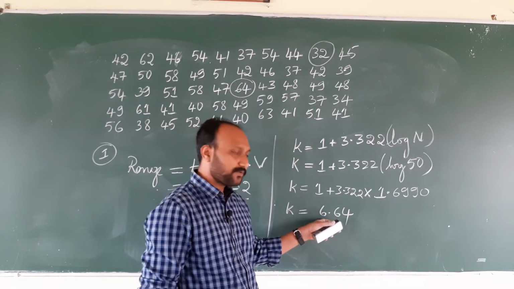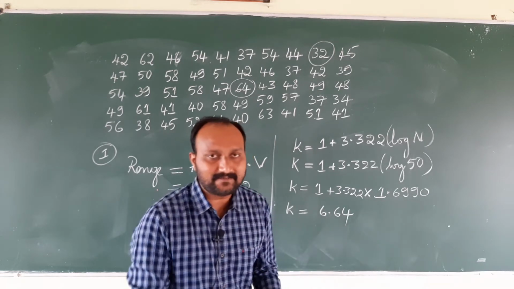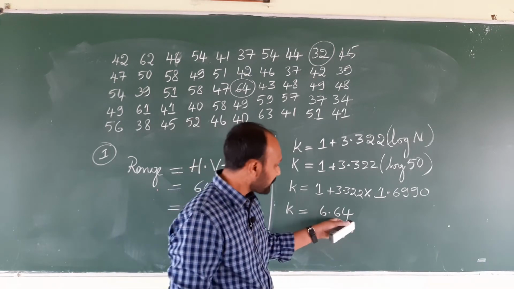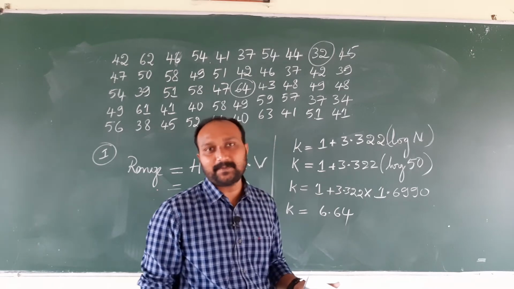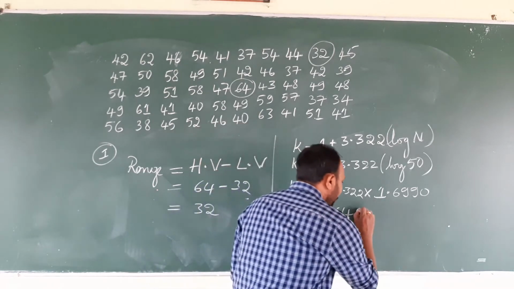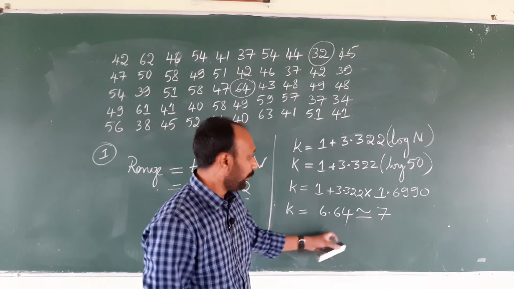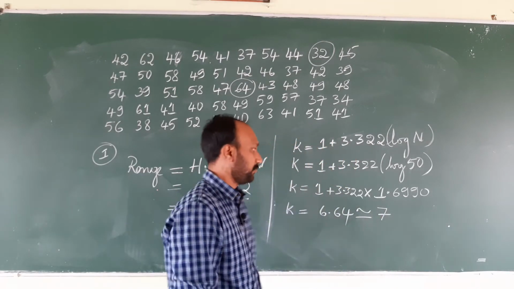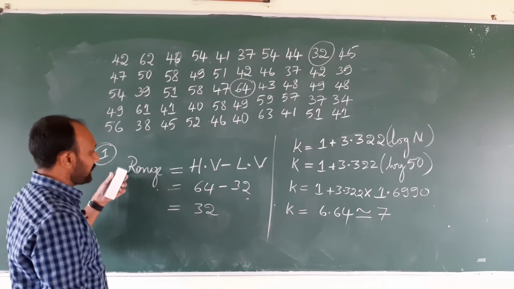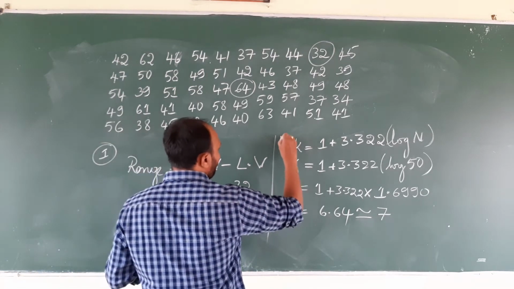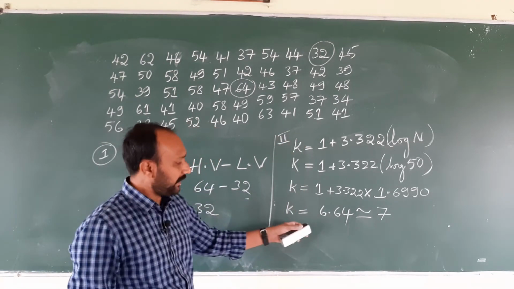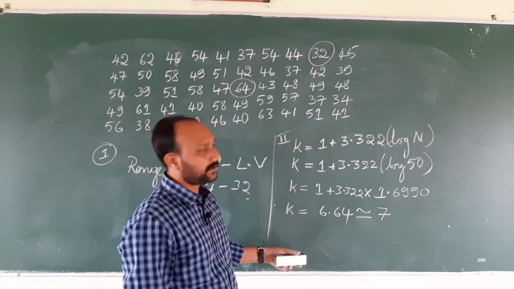But it is okay if we go with 6 classes, 5 classes or else 7 classes. But 0.64 of a class will not be present. So that's why we need to approximate it to the upper limit. That is, let us go with 7 classes. So first we found out the range. After finding the range, next we found out the number of classes that we need to go with,